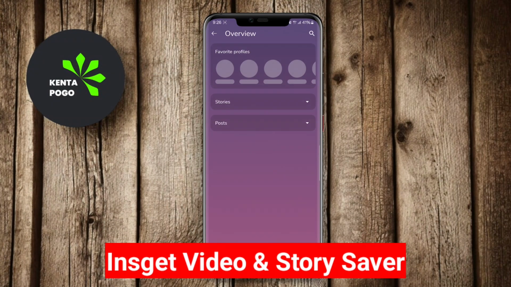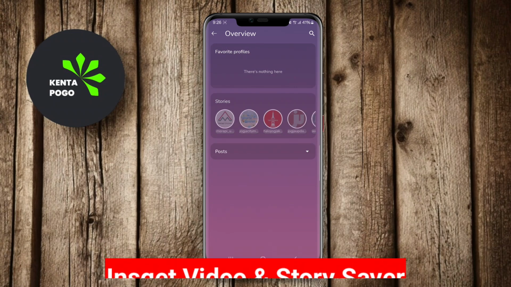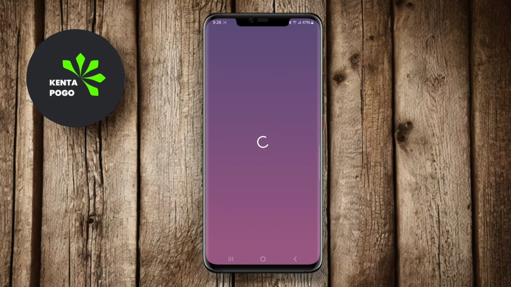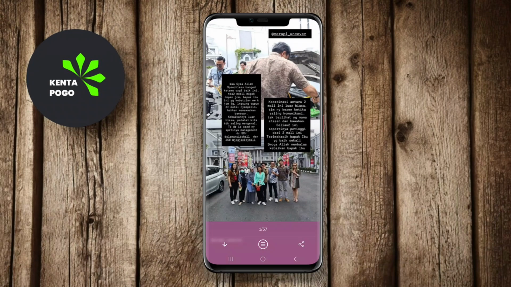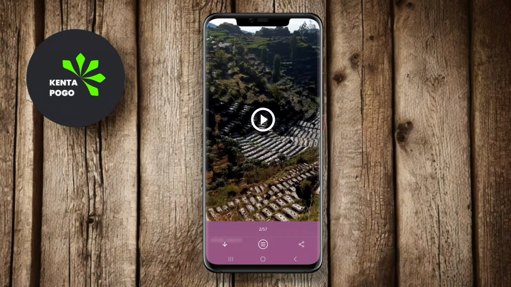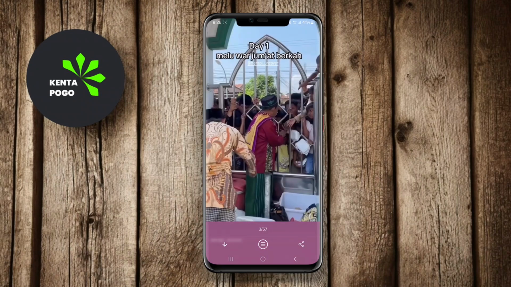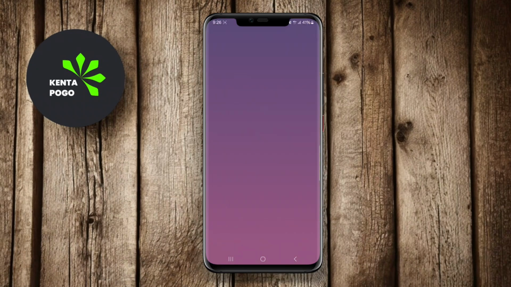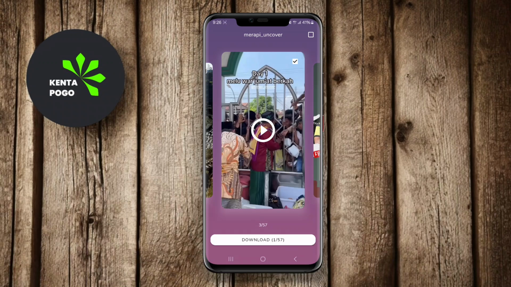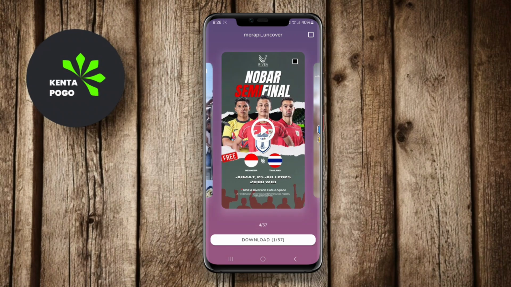Insget Video Story Saver. Insget Video Story Saver is a popular app designed specifically for saving Instagram stories and videos effortlessly. Users can easily download stories from public accounts by simply entering the username of the account from which they want to save content. The app supports downloading photos, videos, and IGTV content, making it a versatile tool for Instagram